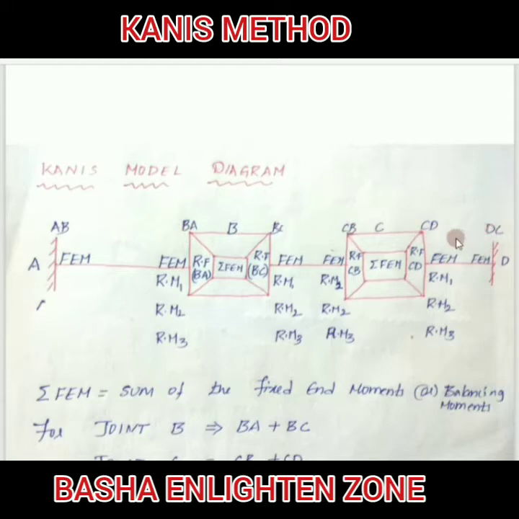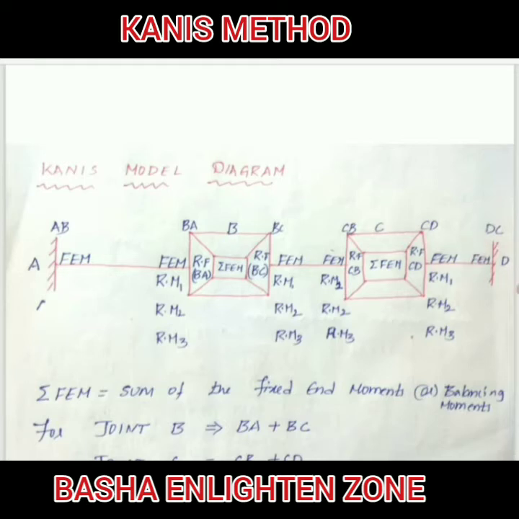First of all, we have already completed calculating the fixed end moments. So where we have to write these fixed end moments, I already clearly mentioned. So there will be no doubt, I think, based on seeing the diagram, at least you may clear some doubt here. For AB, we have to write the fixed moment here. BA fixed moment here. BC fixed moment here. CB fixed moment here. CD fixed moment here. DC fixed moment here.